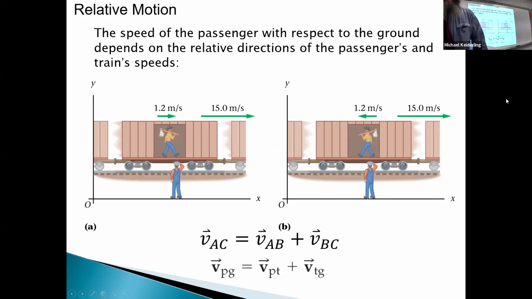So, one of the things you can do when you can express things as vectors is talk about relative motion. Relative motion is figuring out what the velocity from a specific point of view is for something. Here, for example, we have a guy on a train. The guy is moving at 1.2 meters per second with respect to the train, and the train is moving at 15 meters per second with respect to the ground. We want to figure out what speed the guy is moving from the point of view of someone on the ground. So the way you can do that